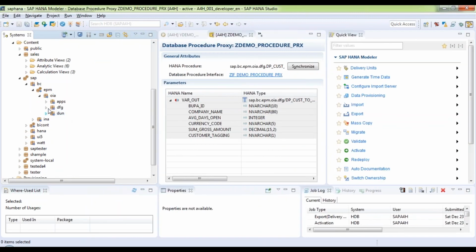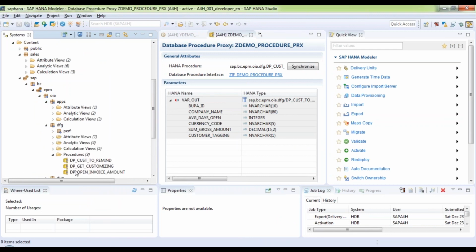So these procedures are very helpful for me to learn SQL script. So that's what I have done. I have exported, you see here, some procedures. I can look at the code of this procedure at least in my local computer, in my local HANA